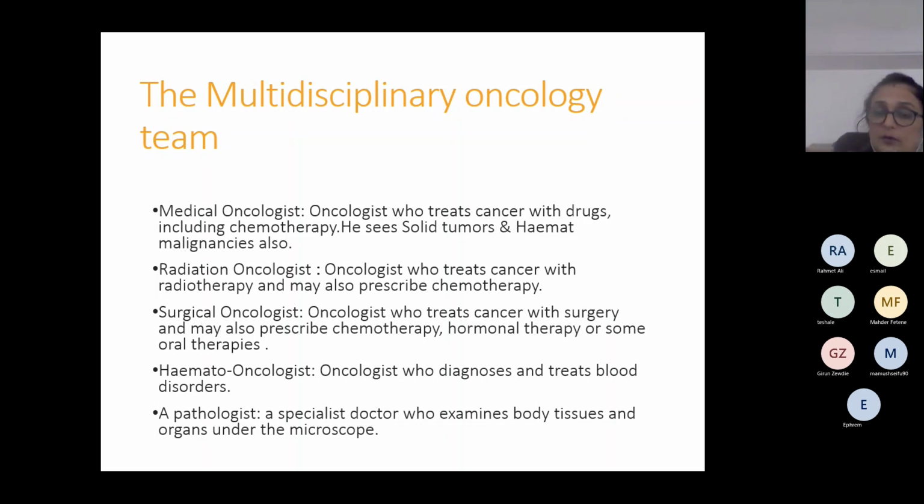Hemato-oncologist is the one who treats all the blood related disorders like all types of leukemias, all types of lymphomas, and your multiple myelomas. All these are being taken care of by the hemato-oncologist. You have hematologists who don't treat cancer, but they treat blood related disorders, and even they treat lymphatic system related disorders. But hemato-oncologist treats all the blood and the lymphatic system related cancers. Okay, so that's the difference between hemato-oncologist and hematologist.